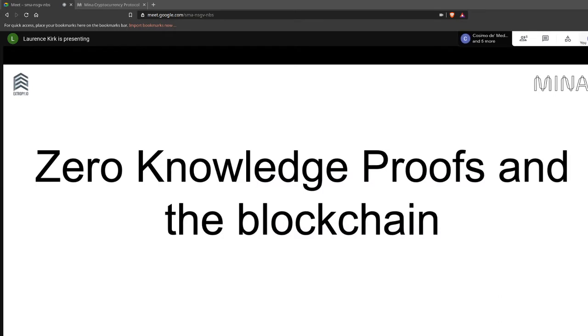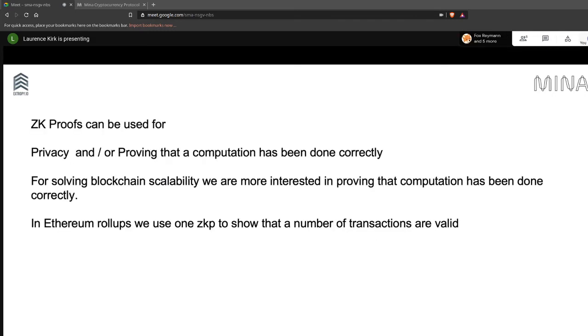But let's turn to how zero-knowledge proofs are being used, and particularly in regard to blockchains. Proofs can be used in maybe two main ways. There is a privacy aspect, so you may want to prove that you are above a certain age. You could prove that you're above 18, but use the privacy aspect of a zero-knowledge proof so that the person accepting the proof would not know your exact age.